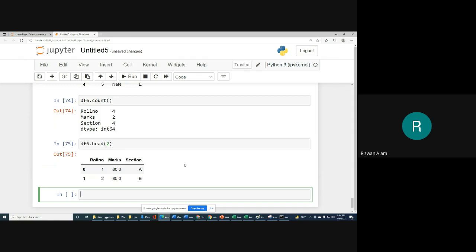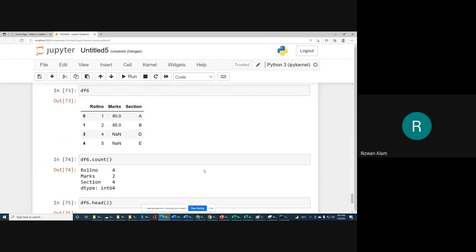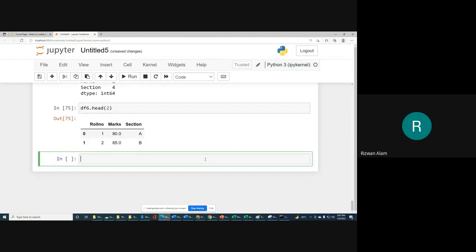Whenever we take a data set from an Excel file and store that data in a data frame, we will use count, head and other functions to know about the data that we got from the Excel file or CSV file. In general we use these to analyze the data that we got from any other file. We will also discuss how we can fetch the data from our Excel file in the next session.